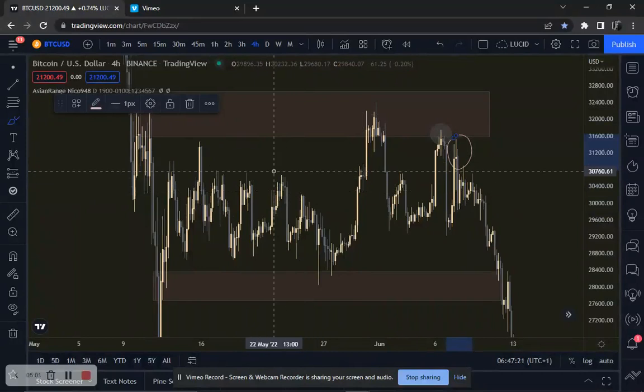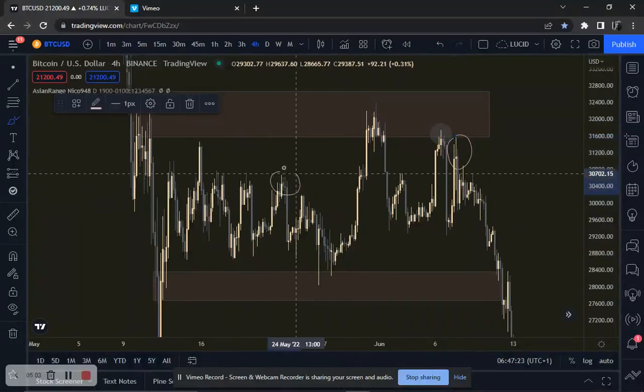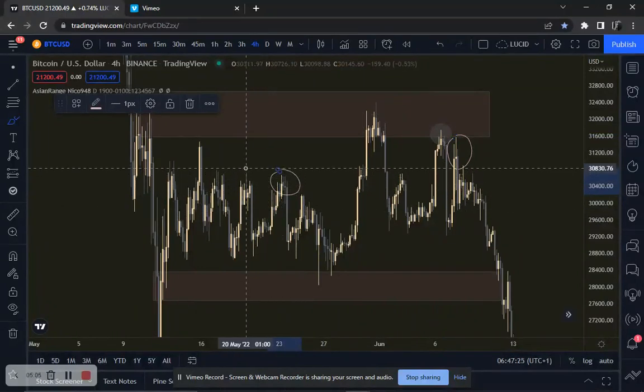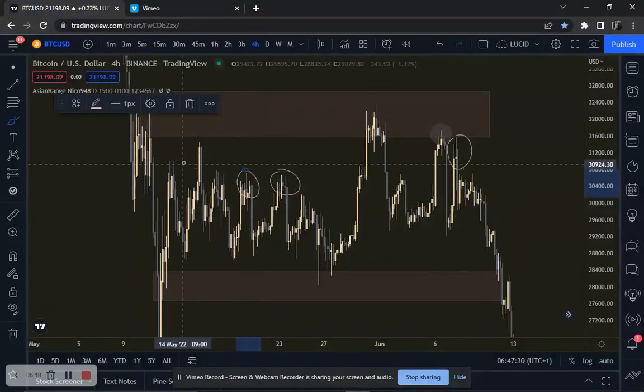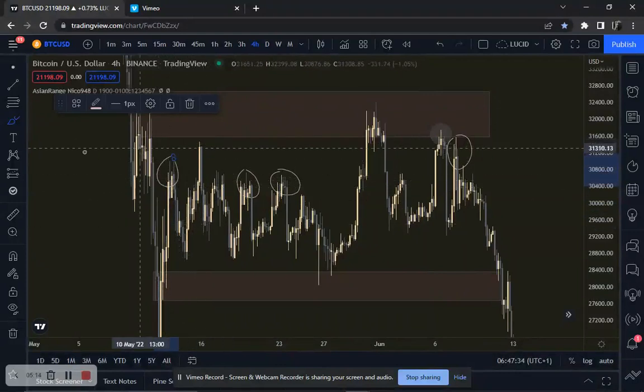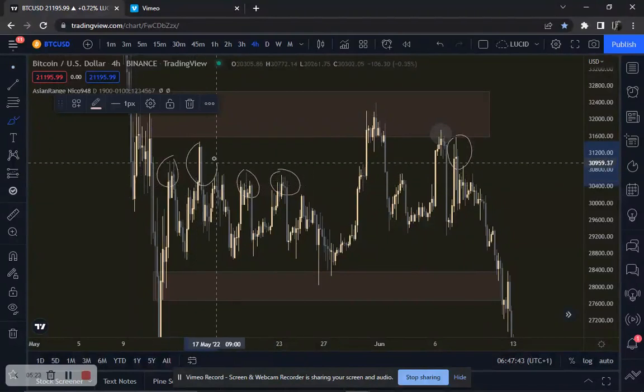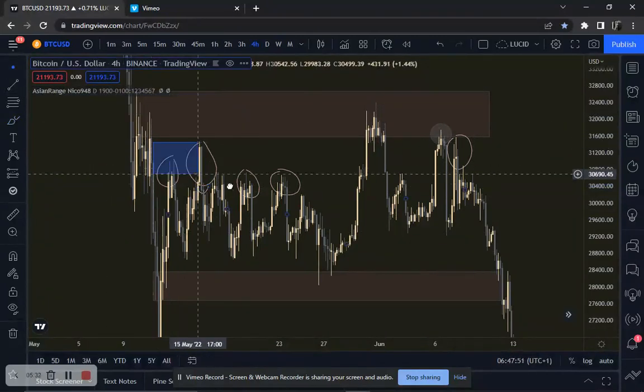You see, whenever we have a doji at a resistance or a hammer candlestick at a resistance, price reverses, right? And what did we have here? We had our bearish engulfing bar. And what did the price do after giving us a bearish engulfing? Price dropped,